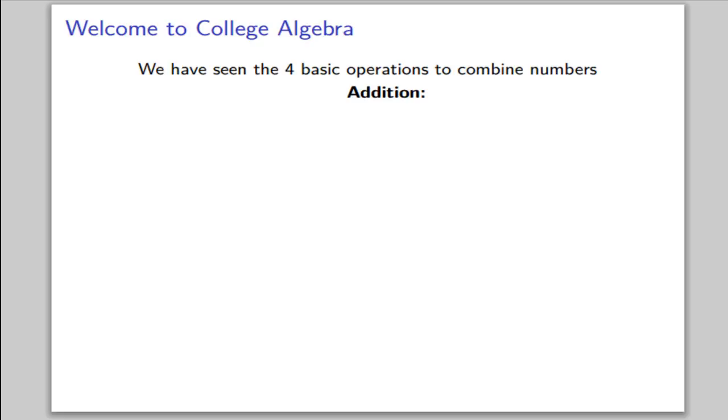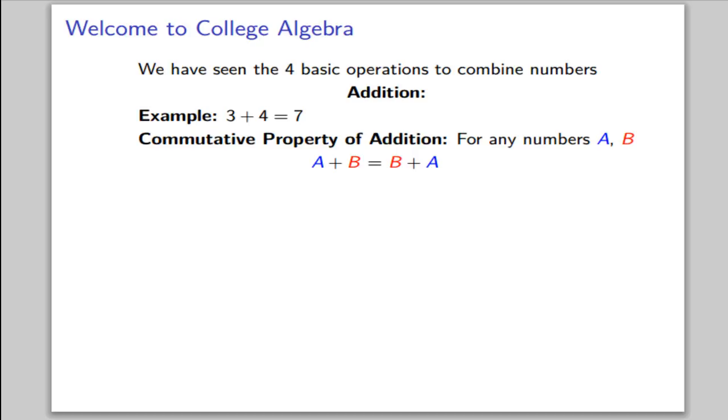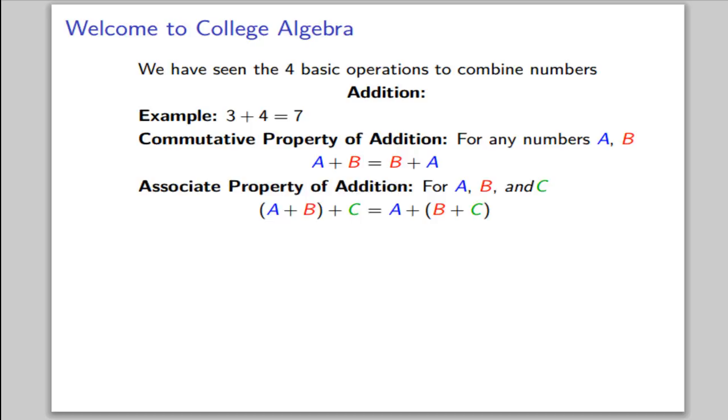We have now seen the 4 basic operations to combine numbers. First, we had addition. For example, 3 plus 4 equals 7. We saw the commutative property, which said for A and B, A plus B equals B plus A. We have the associative property for addition, that for numbers A, B, and C, A plus B plus C equals